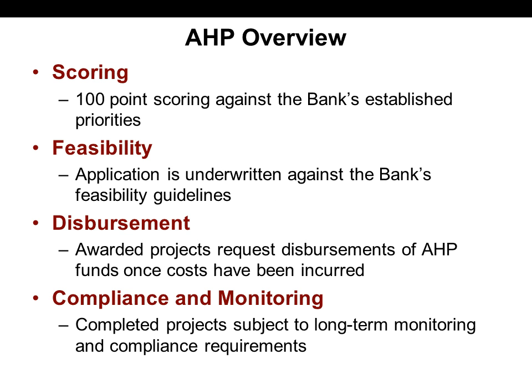There are 4 main components to AHP, and this slide lists those components in a nutshell. The first is scoring. All applications are scored out of 100 points against the bank's established housing priorities. Our implementation plan, we'll talk about our implementation plan a lot throughout the webinar and anytime you talk to us,